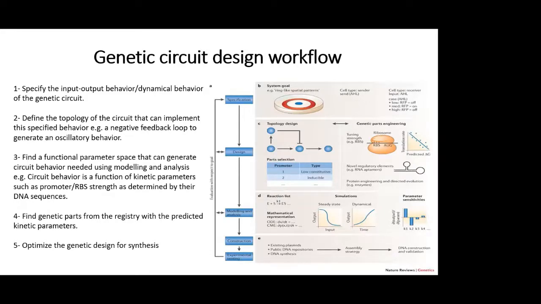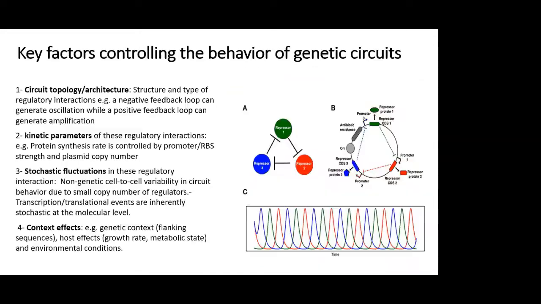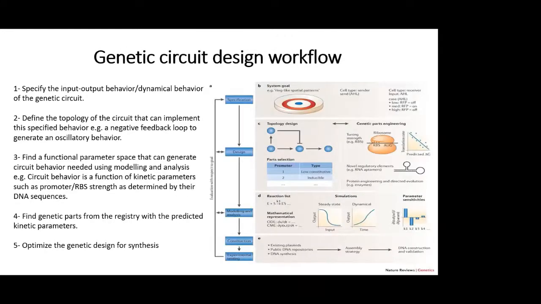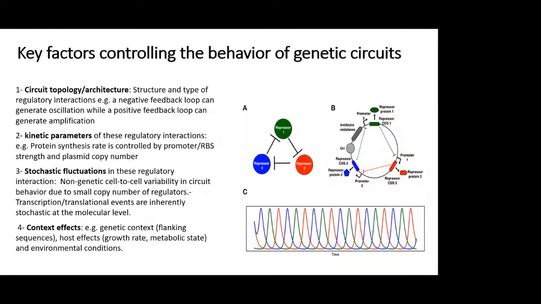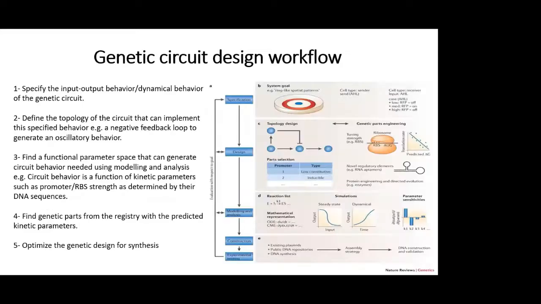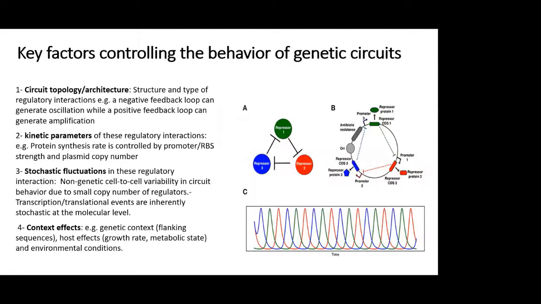This is the basic genetic circuit design workflow. I already discussed this part. So let's discuss the key factors that control the behavior of genetic circuits. I told you in the genetic circuit design workflow, we start with specification, we choose the topology, and we choose the parts that populate this topology. So basically, the factors that control the behavior of genetic circuits,